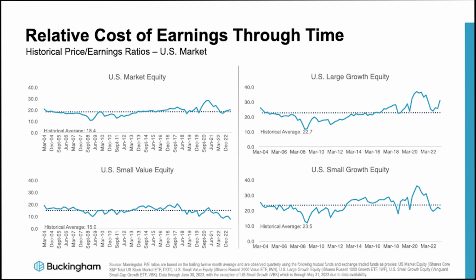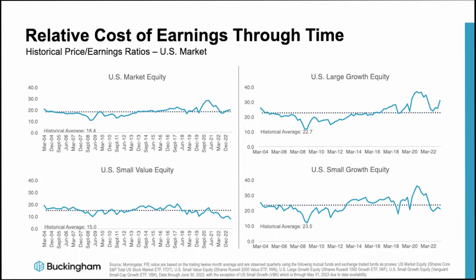Small value, on the other hand, even with the rebound of value stocks relative to growth stocks during the past 3 years, still has a PE ratio of 7.7 and remains under its average since 2004. Although investors may be interested in chasing the returns of large growth companies, we would point to these valuation charts as one reason to stay the course in a diversified portfolio tilted towards small, relatively inexpensive companies.